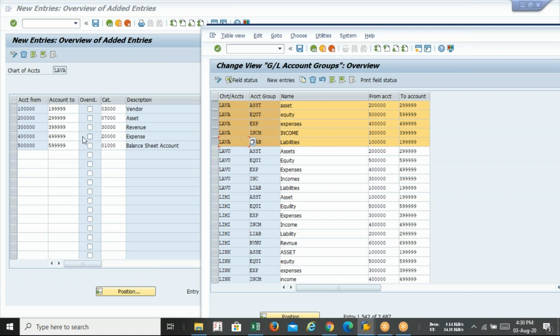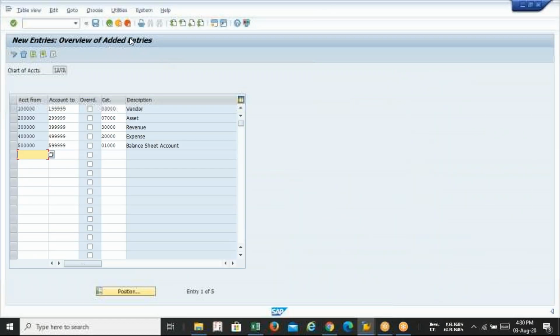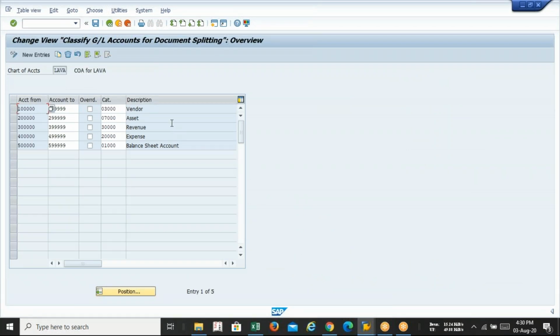Now the system is able to generate the financial statement. Obviously, after doing the entry, after passing any GL posting, be it asset, liability, whatever, your system can generate the financial statement, meaning profit and loss account as well as balance sheet. So this is all about document splitting, and this is the first level of splitting, the GL level of document splitting. You can see that apart from the GL level of document splitting, there are other options too.